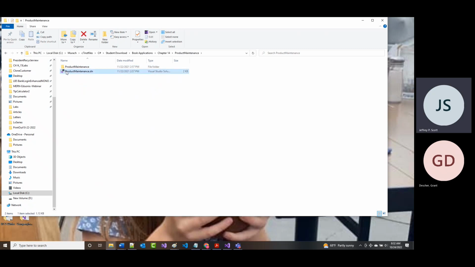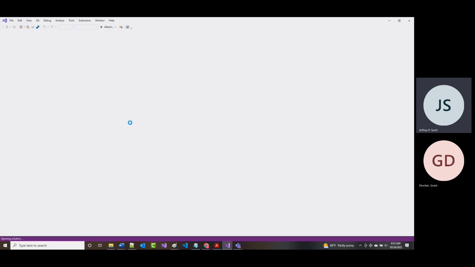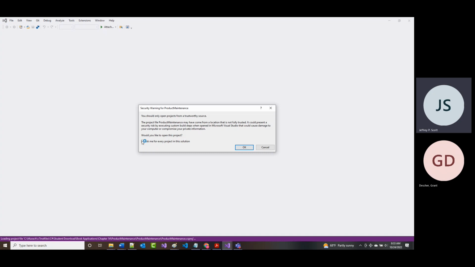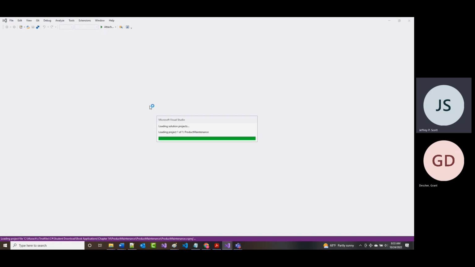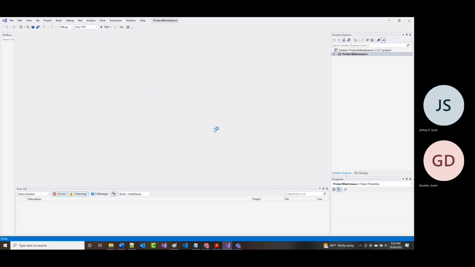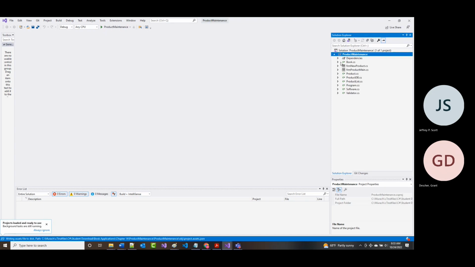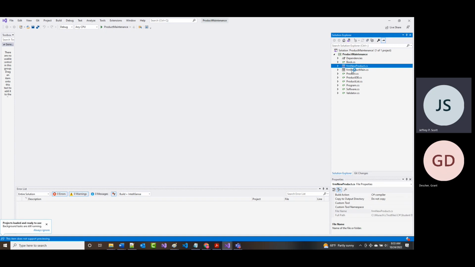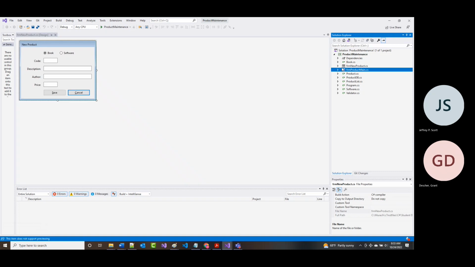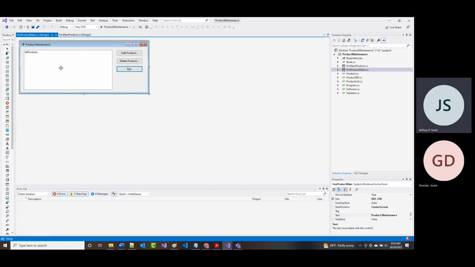This is right out of your book. This is the product maintenance application that is in your book in chapter 14, and you all have a copy of that. Just bring these two up here. There we go. So there is a list of products, and we are also able to go in and add